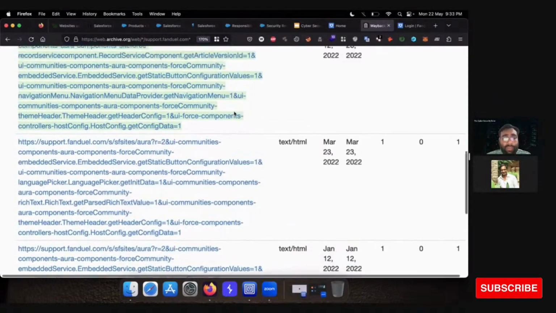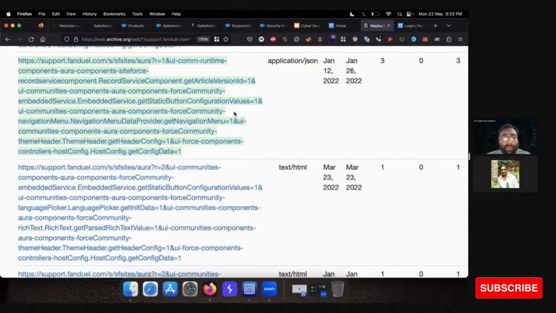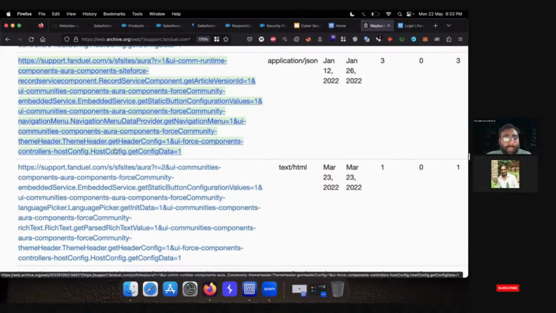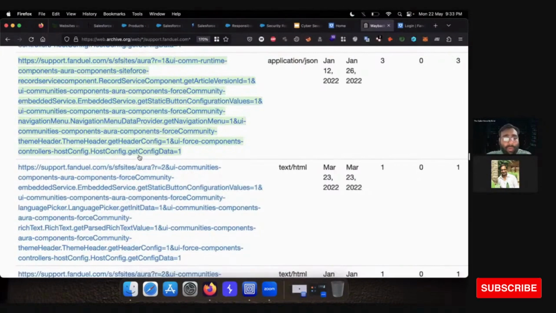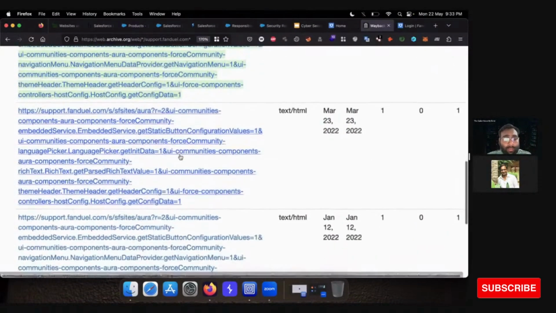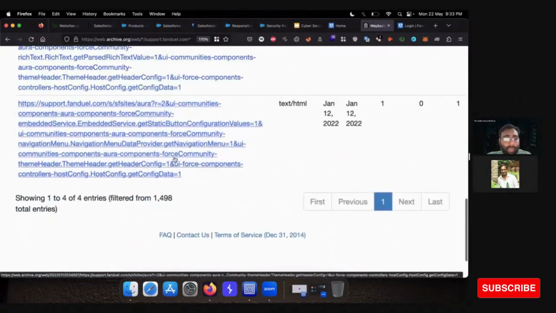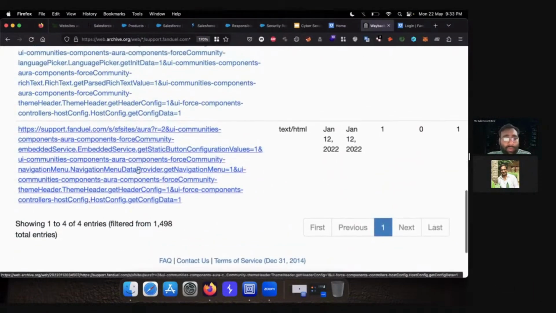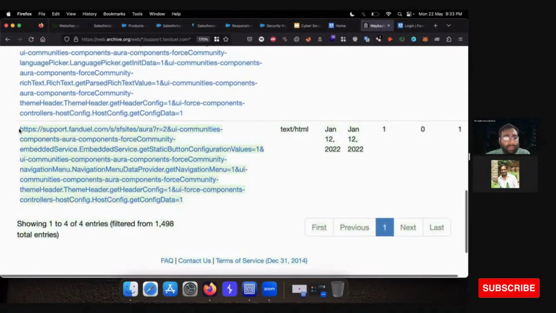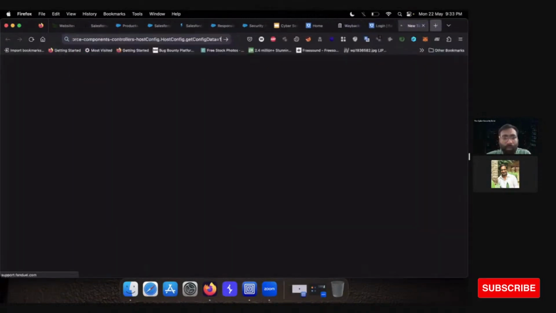But if this link is opened without any security, protection or authorization, we can find some configuration data. Like you can see, host.config.get config data. We have multiple URLs, 4 entries related to config. Let's open them one by one and see whether all of them ask for login and credentials.